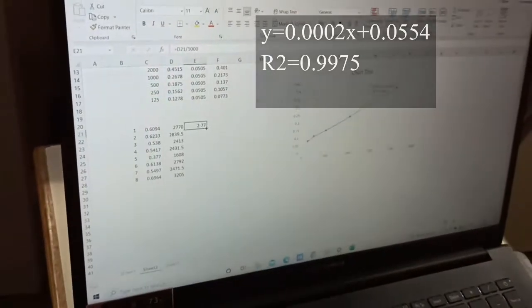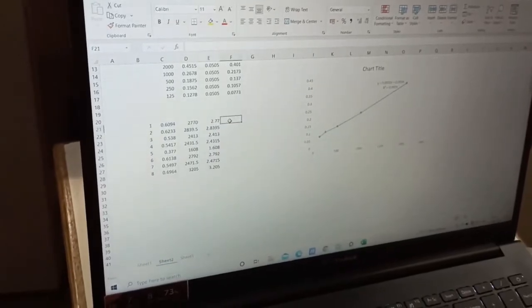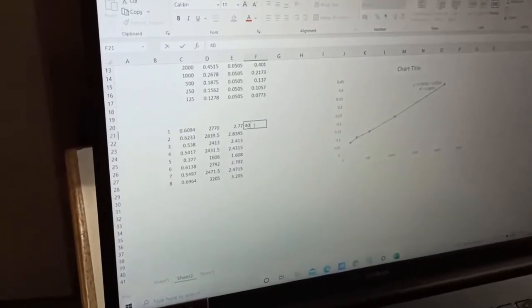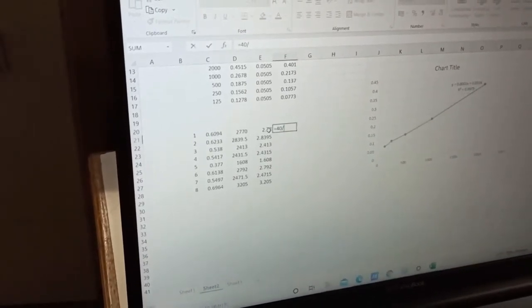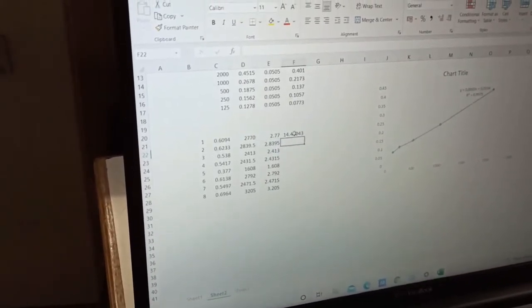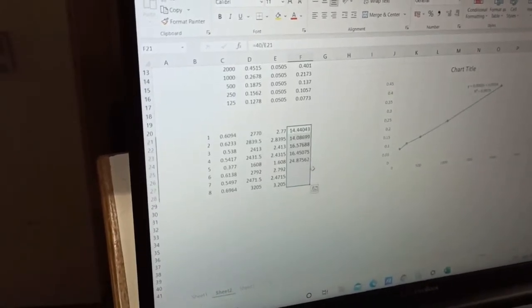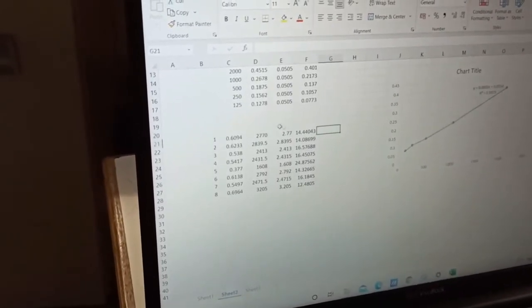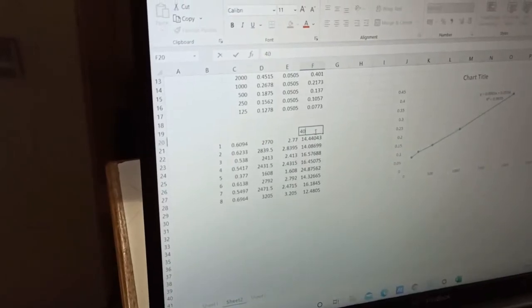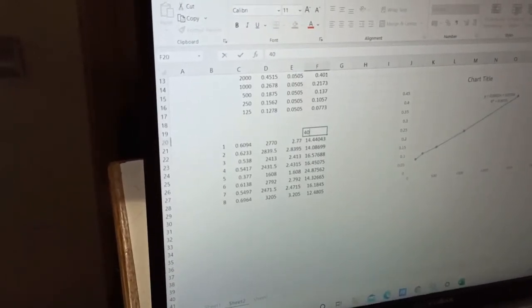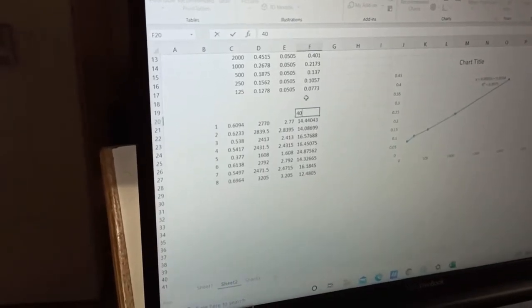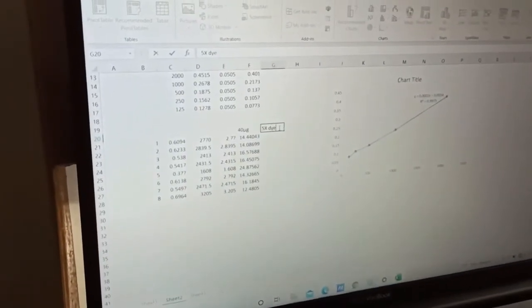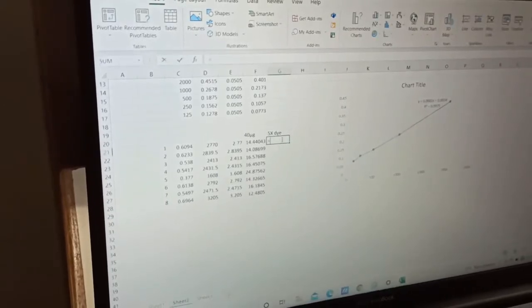We have to load 40 microgram of sample. So 40 divided by the calculated value. We are adding 5x dye, so we are dividing the calculated value by 5.